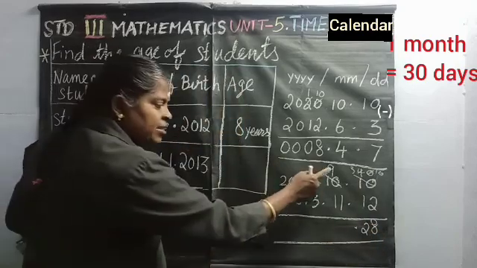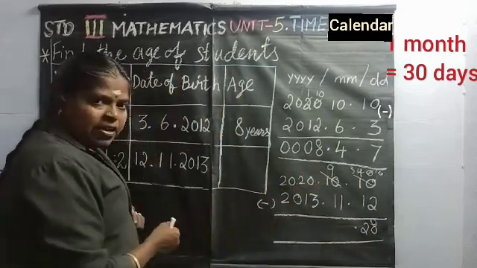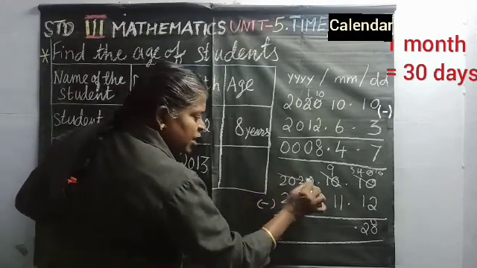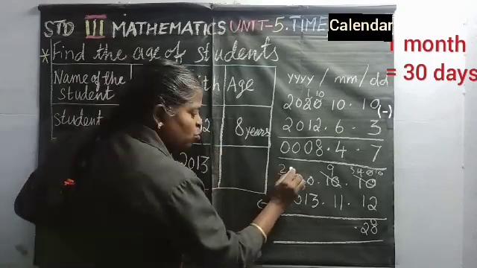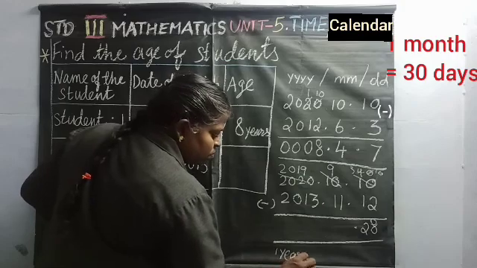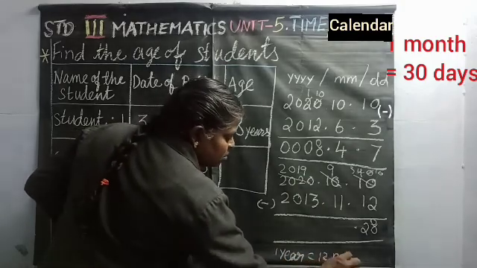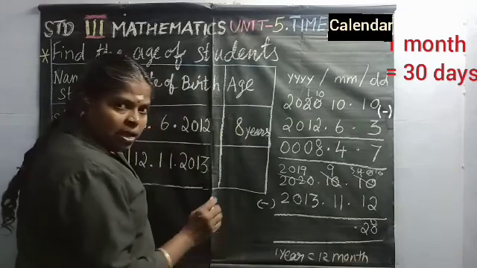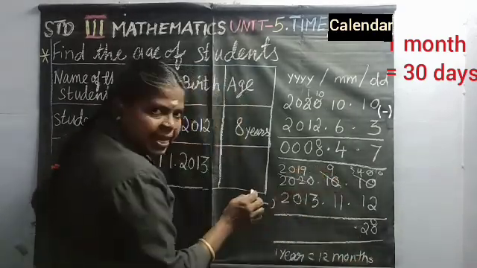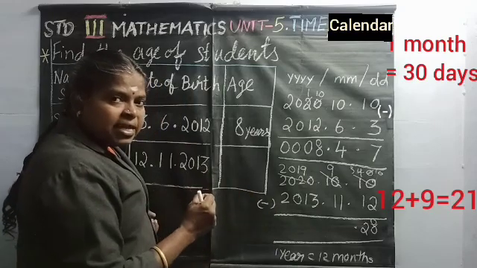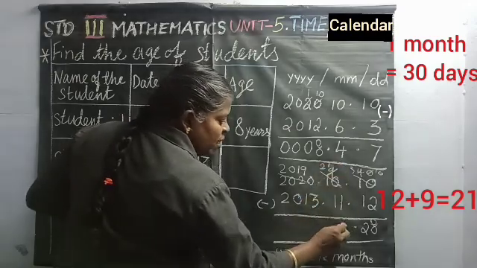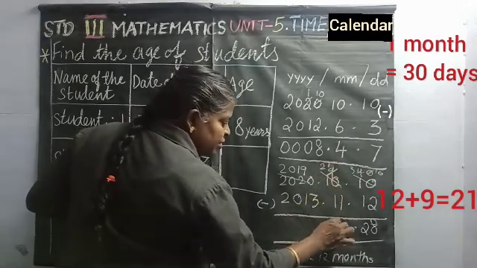Then with 9 months we can't subtract 11. What do we have to do? We have to borrow from the year. So if you strike out, we are taking 1 year from 2019. 1 year equals 12 months. So if you give 1, 12 plus 9 is how much? 12 plus 9 is 21. 1 minus 1 is 0. 2 minus 1 is 1, so 10.